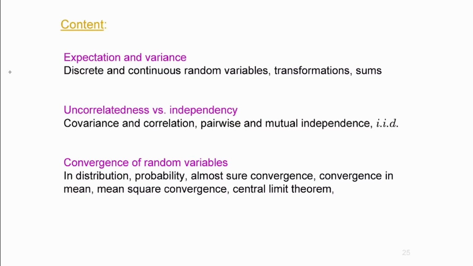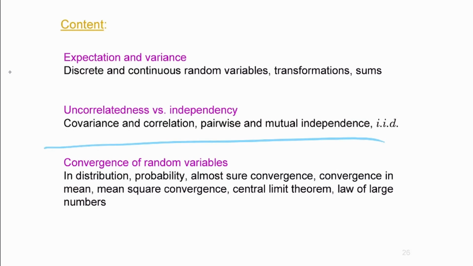And as examples, I have the central limit theorem. We're going to do some asymptotics. And based on that, you can simply use the central limit theorem as well as the weak law of large numbers. There is both the weak and a strong version. We're going to consider both, but I'm going to focus on the weak one. And that's pretty much it. So again, these are the two parts. The first part is probably well known, as I assume, but probably not the second part.